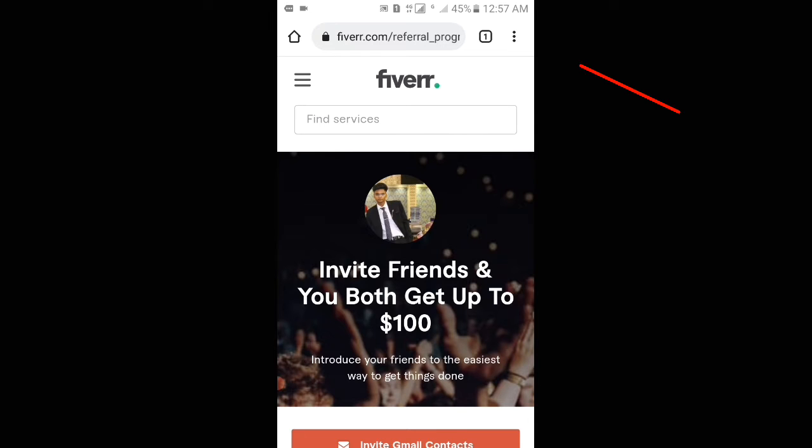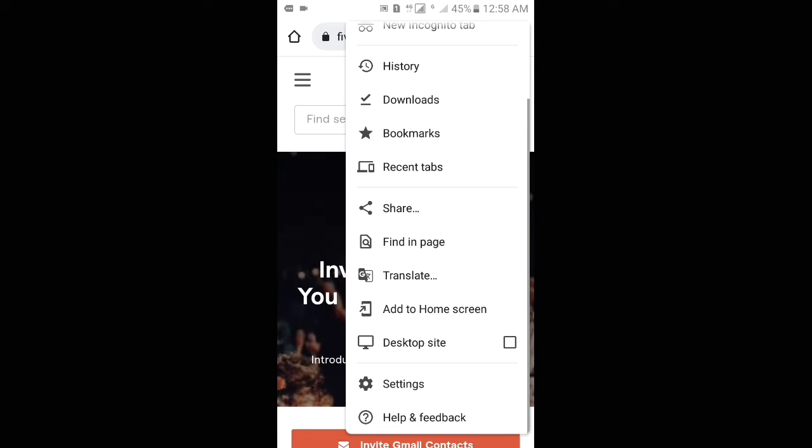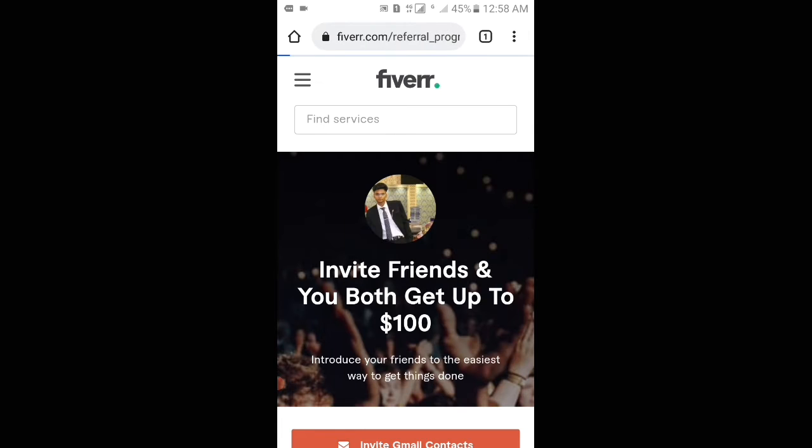After that viewers, what you have to do is tap on the three vertical dots, which is also known as the kebab menu. After that you have to scroll down and tap on the checkbox, which is at the right side of the desktop site. You have to tap on that checkbox,